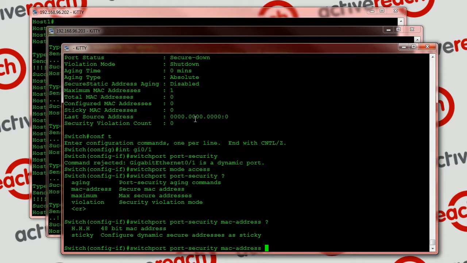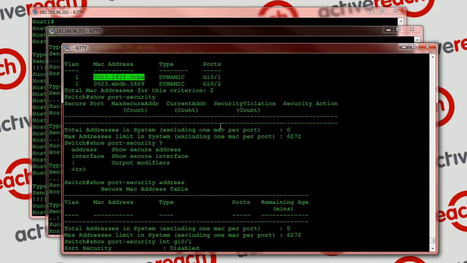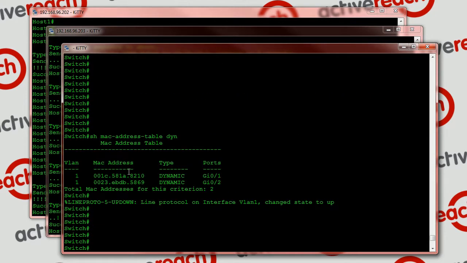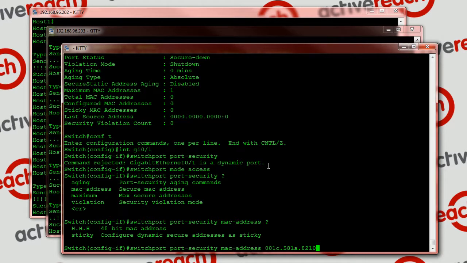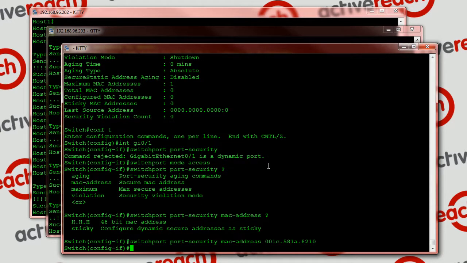And we just type in the MAC address of the device that we want to allow, which is that. Copy and paste that there. So we've now allowed that MAC address to connect to this port. And if we now enable switchport port-security by doing switchport port-security,